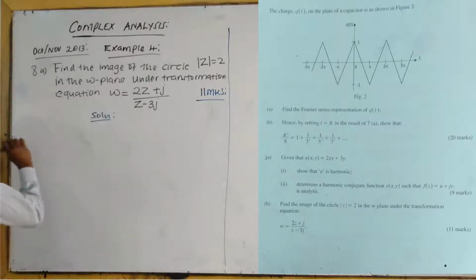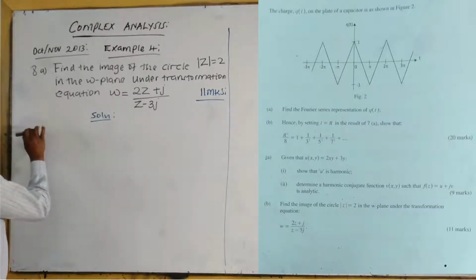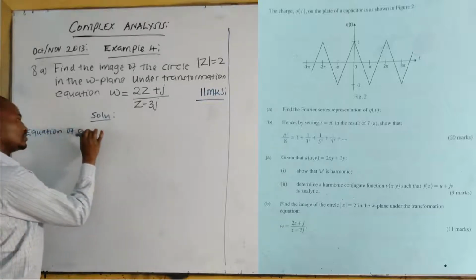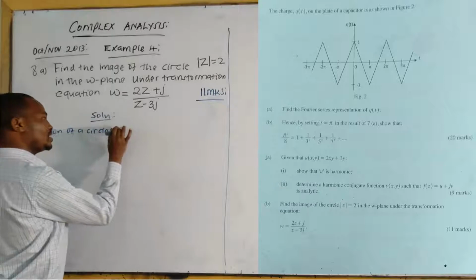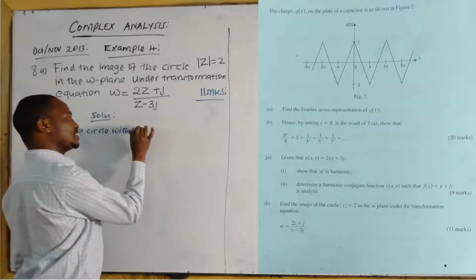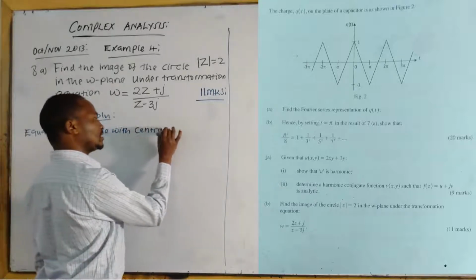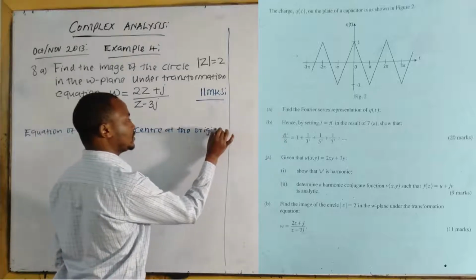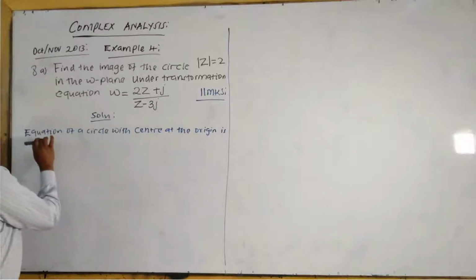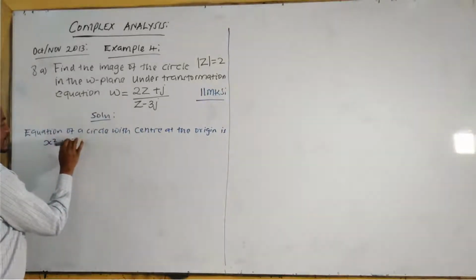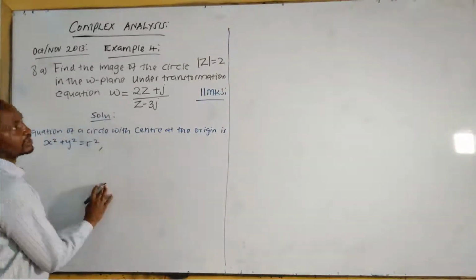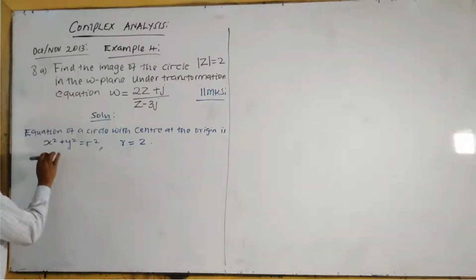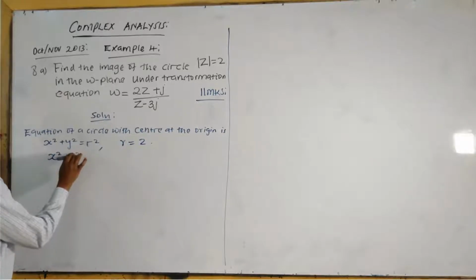Now, we know that the equation of a circle with center at the origin is x squared plus y squared is equal to r squared. But in this case, r is equal to 2. Therefore, we can say x squared plus y squared is equal to